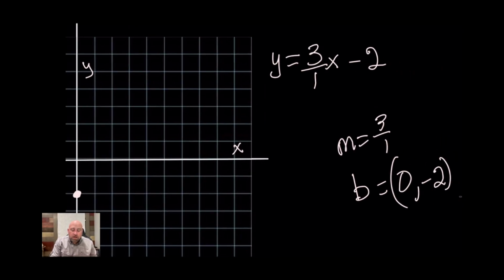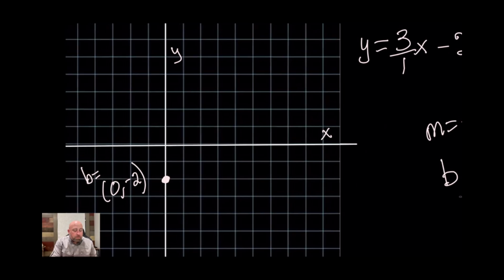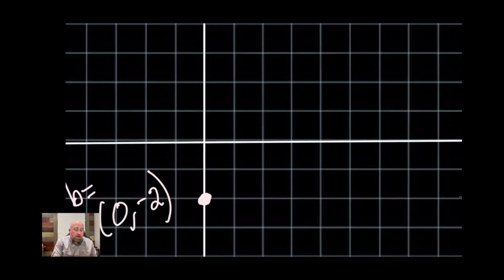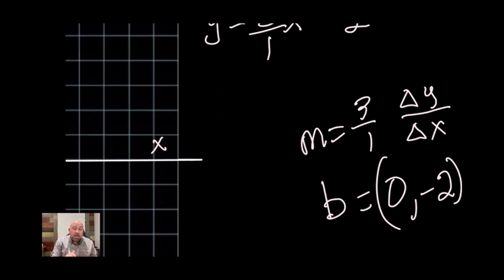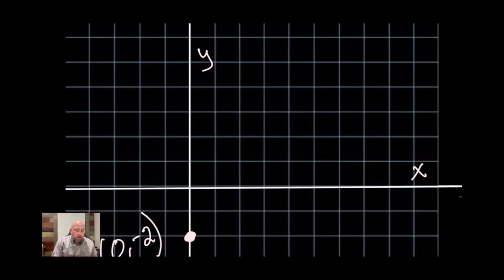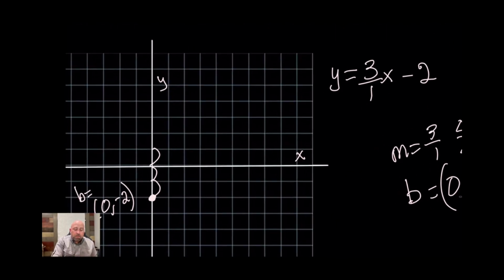Our slope is our change in y over our change in x. We know what that is. So when we come back over here to the point, we have our change in y. So we go back over here. Our change in y is 3. Was that positive or negative? They're both positive, so we're going up and to the right. Okay, so up and to the right. So we're going to go up 3, 1, 2, 3,